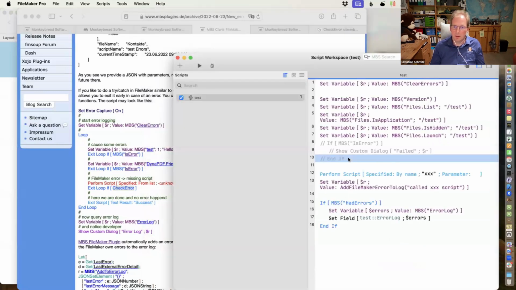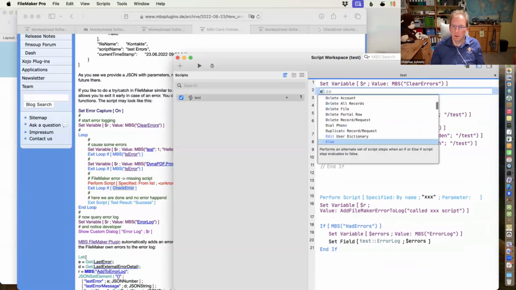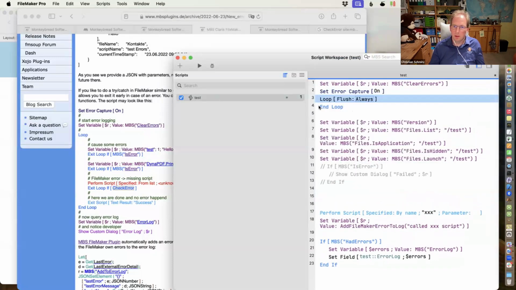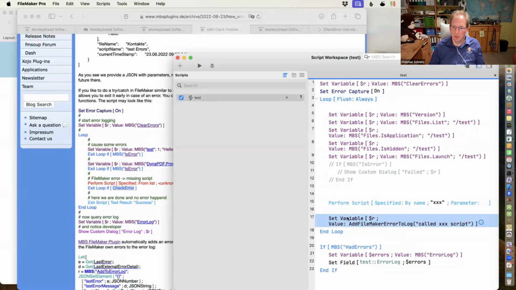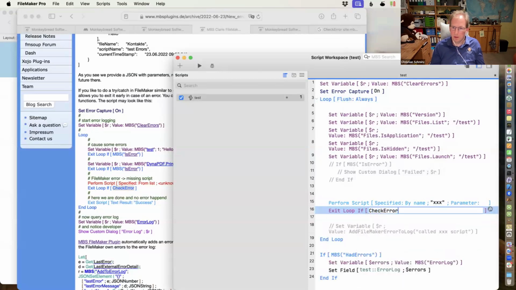And now I can do something here and say, first capture the error. Perform the script. And here I could put the whole thing in a loop. And then here I can do my perform script with the error and say exit loop if check error.